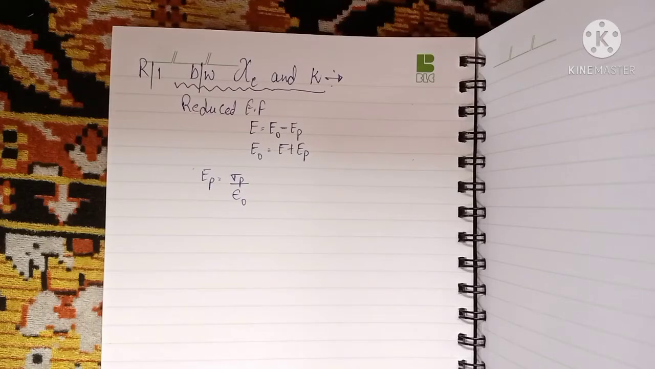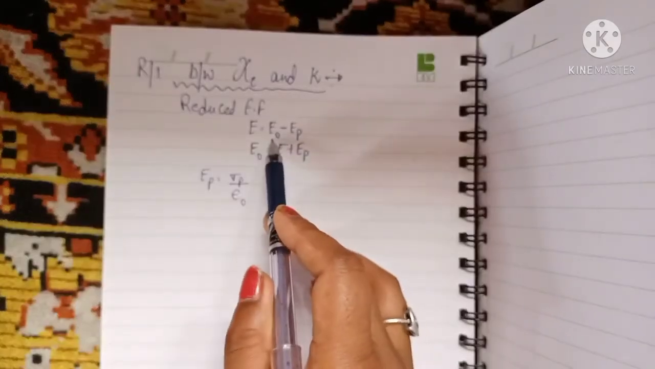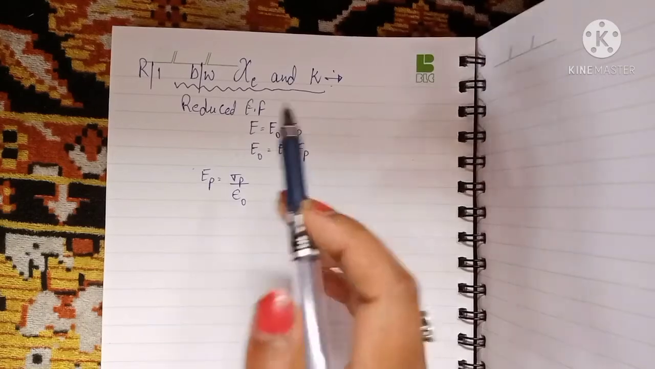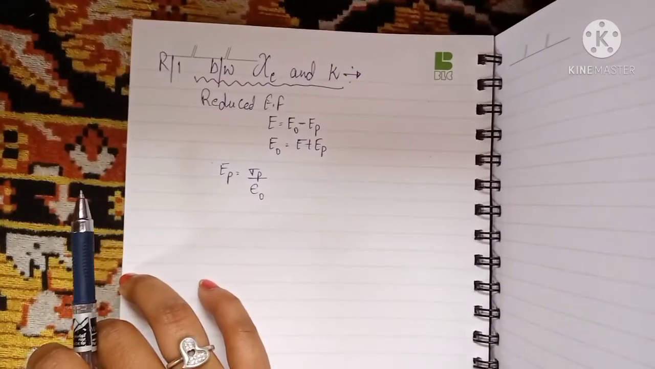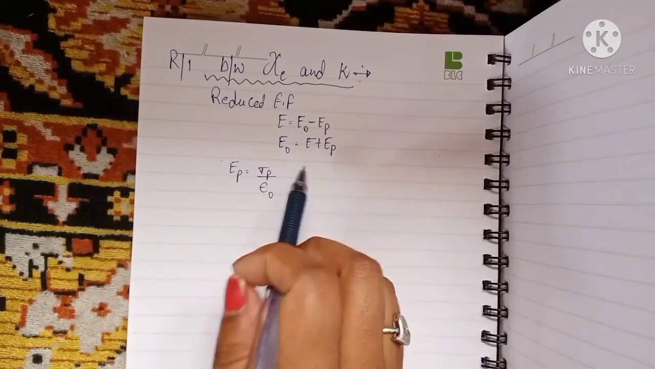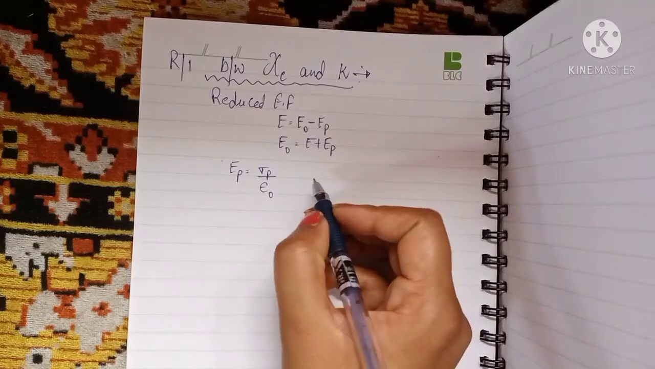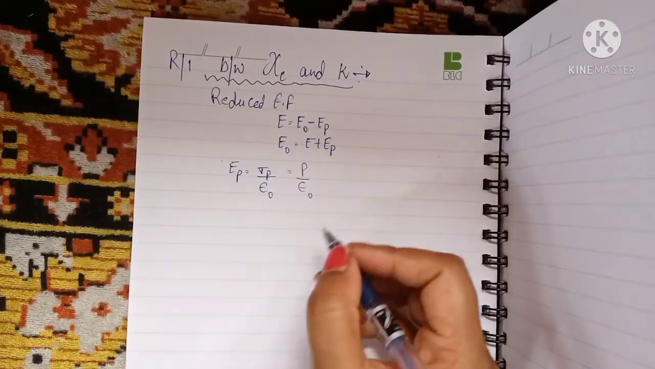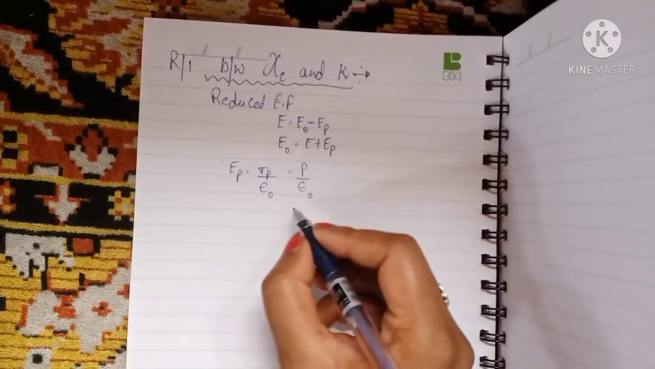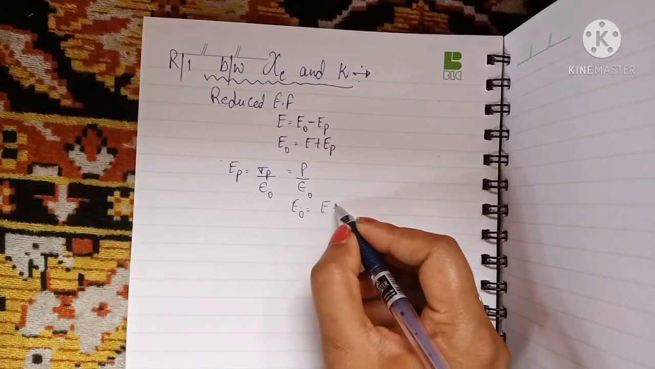what happens? A reduced electric field will take place, and what will be the value of the reduced electric field? That is E is equal to E naught minus EP. This is your applied field and this is the field due to polarization. So we shift this E naught here and E will be there. As we know, EP is this much. Sigma P can be written as P also, so we will write it like this. So this equation will become